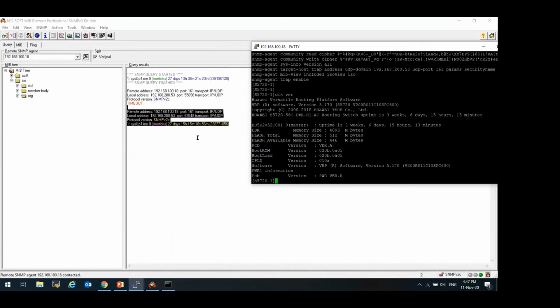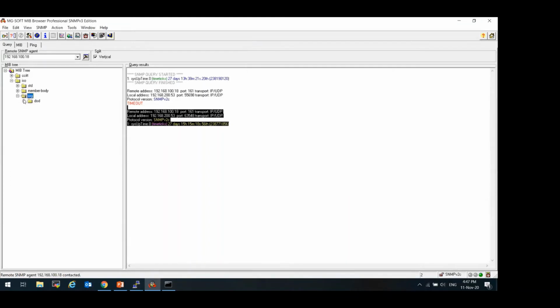So you can see here the uptime is around 27 days, 15 hours, and here is around 3 weeks, 6 days. So it is the same. So we can test some of the OIDs or some of the MIBs on our MIB